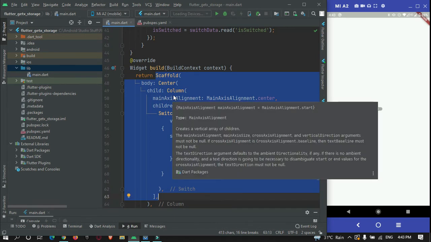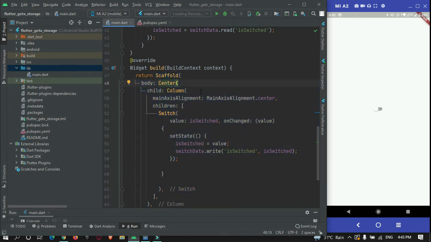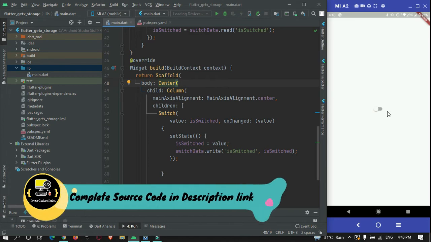This is memory loss, meaning the memory will be utilized just to update one variable. So in this video tutorial we are going to achieve the same thing by making use of the GetX library, that is state management.